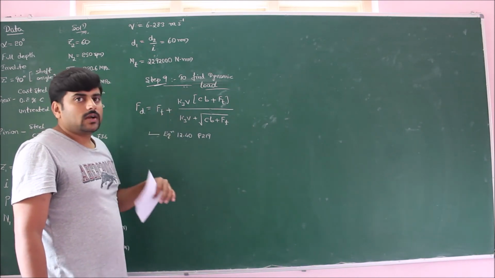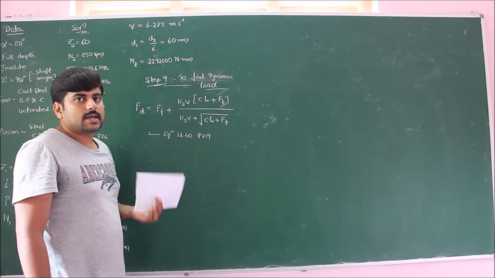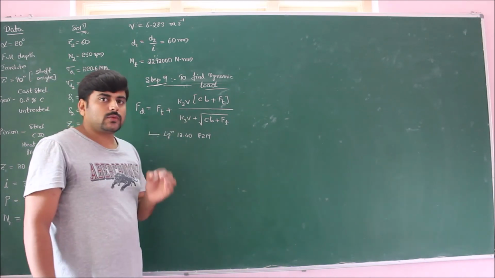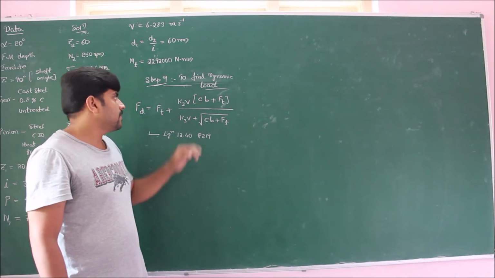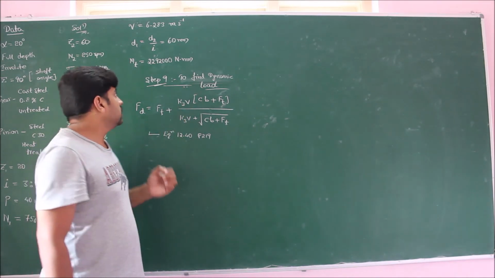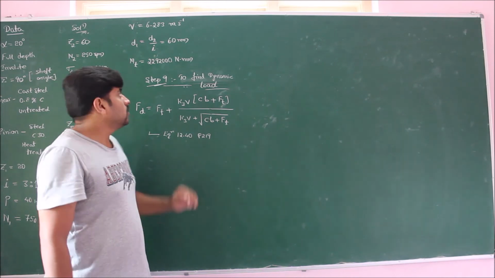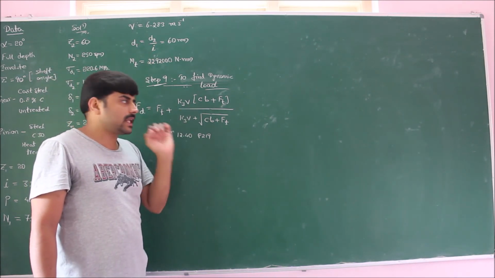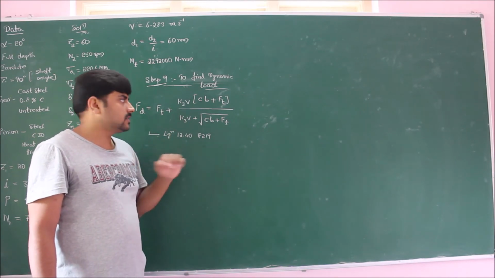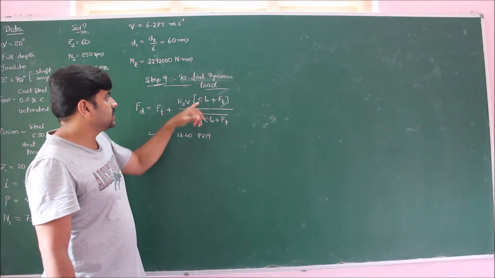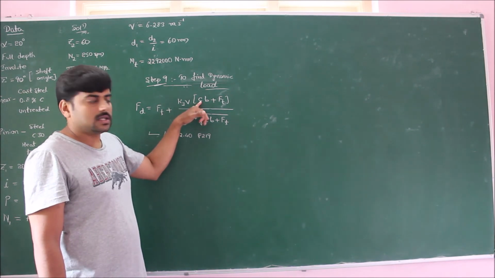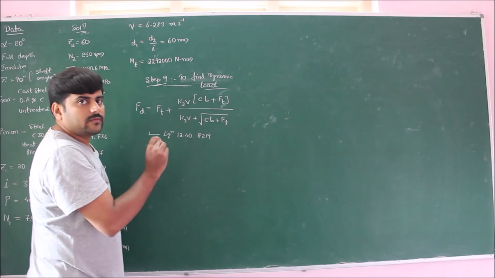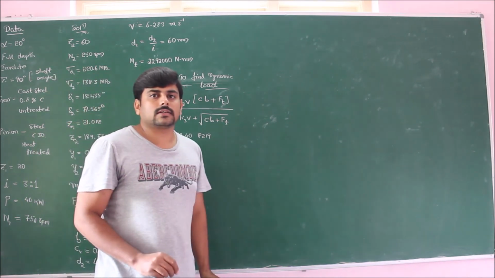The value of K3 is already known to us. This formula is same as the formula for dynamic load in spur gears, whose value is 20.67 in SI units. V is already known to us, which is 6.283. C is the dynamic factor which we should calculate. B is the face width. The only unknown parameter in this equation is the dynamic factor C. We already know the procedure to find out the value of C. But to find the value of dynamic factor, first we should find the error.